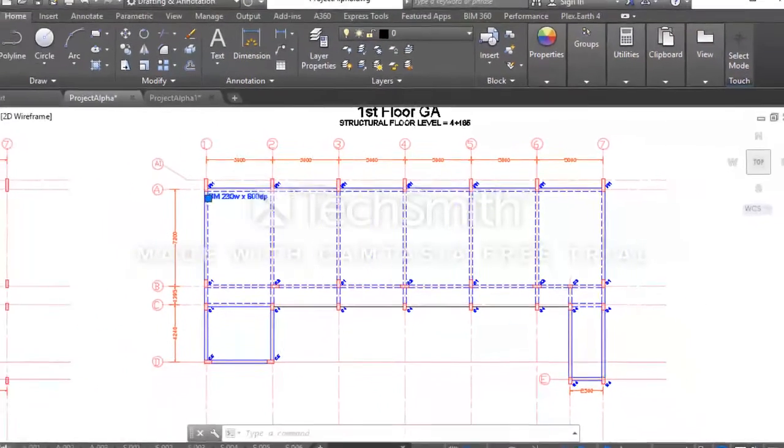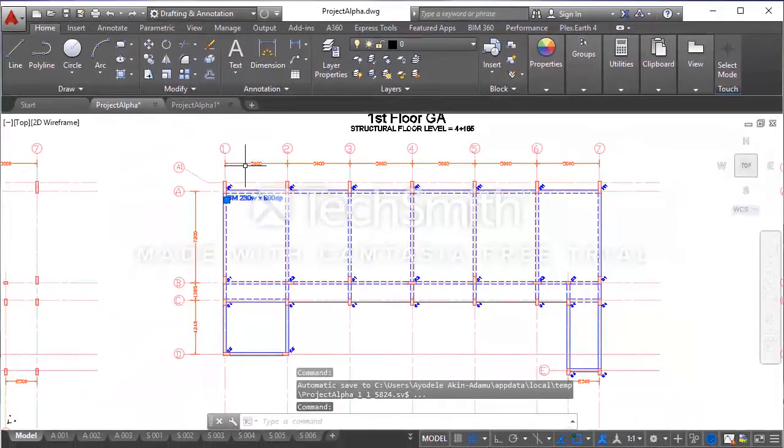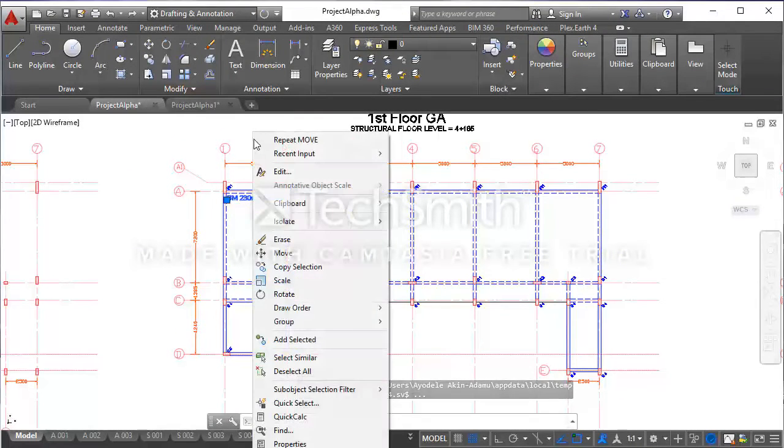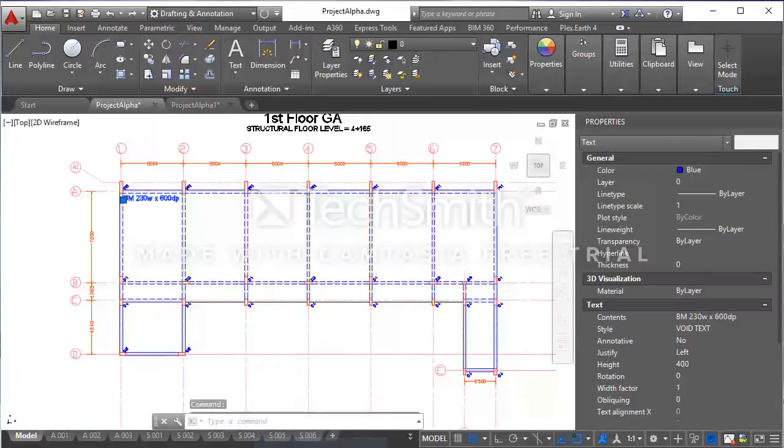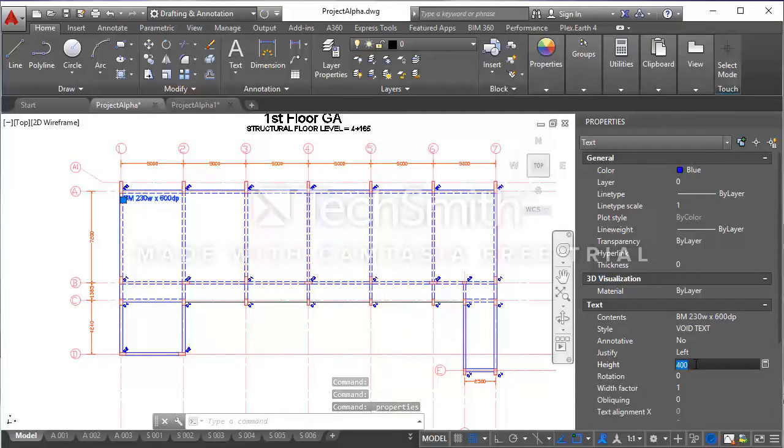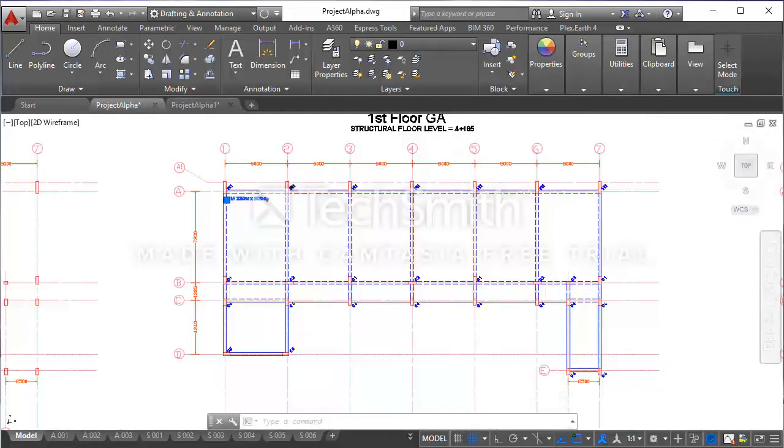I'm going to select it, and I'll change its text height property to a smaller value. Text height property is 400. I'll change it to say 300. I say it looks okay. I like it at 300. I will close the property tab.